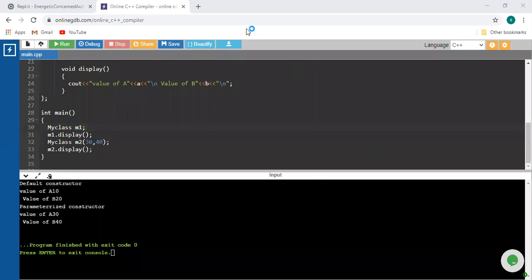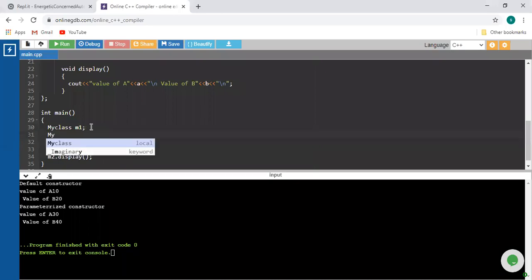Copy constructor. In that case, just look at this part. I will mention it here in this particular example. The copy constructor is nothing but this: we are directly passing, for m3, whatever new object is created for that class, it is initialized with the help of the previous object.